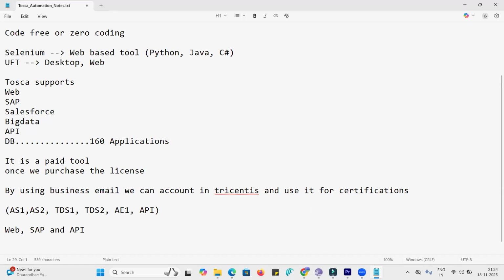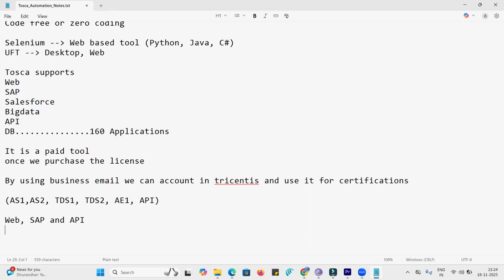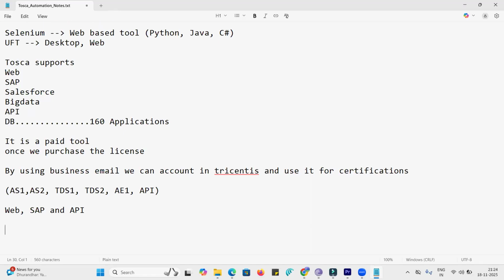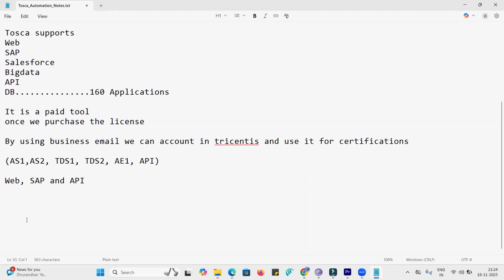Okay, you're familiar, right? SAP and API and all. No, no, sir. I mean, you know the technology, right? Yeah. So in the market, as you are doing manual testing, you might be knowing